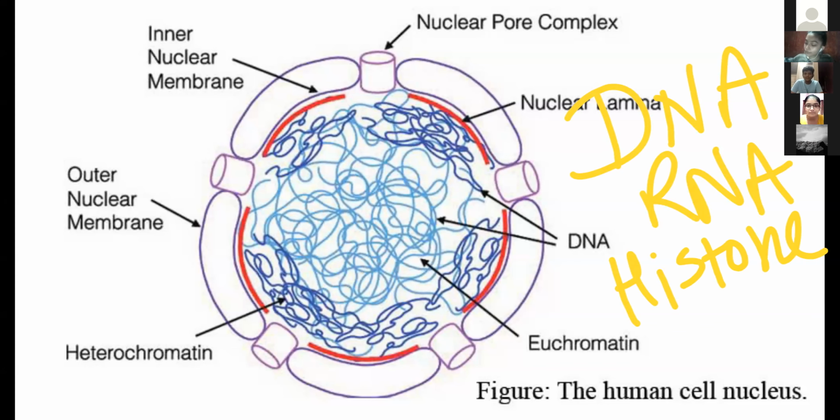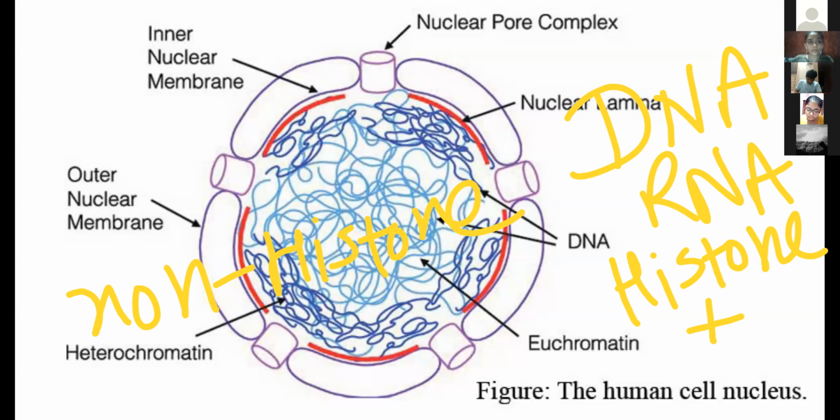Prokaryotes में आया था कि in prokaryotes histone proteins are absent. In eukaryotes histone proteins are present. Histone भी होता है and other proteins we call non-histone. So all four things together make chromatin. DNA, the main one, then RNA, histone and non-histone. These all four components together make chromatin.